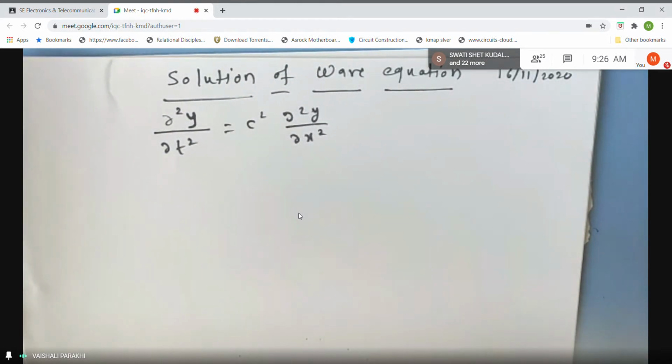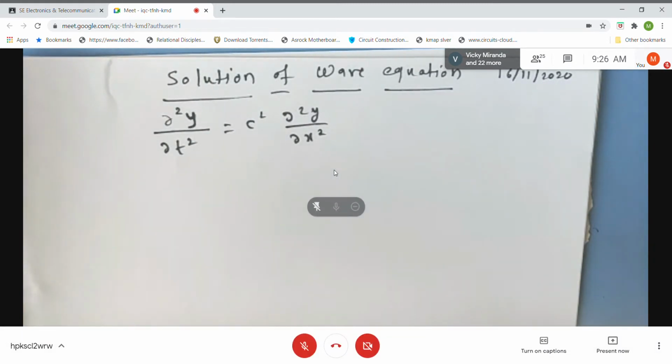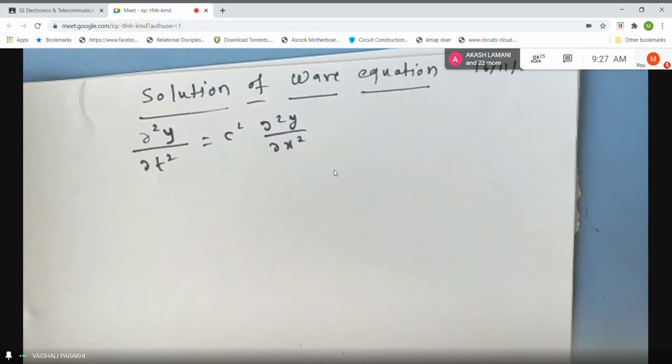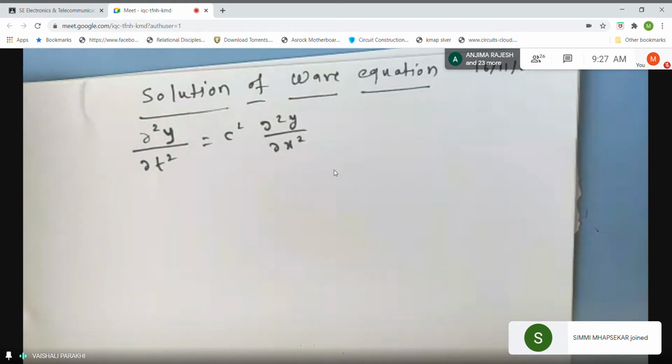If it is asked to find the solution of the wave equation, then what is y? Solution means what, students? Suppose the differential equation is in terms of y, then solution of the differential equation means you are going to find all possible values for y. Those are called the solution of the partial differential equation or the ordinary differential equation. Now in this case it is the partial differential equation. So let us do it by the method of separation of variables.